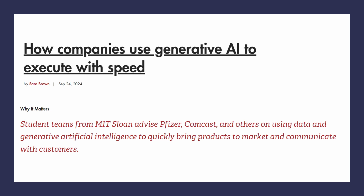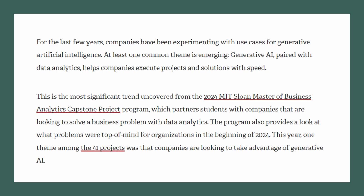Why does it matter? Student teams from MIT Sloan advise Pfizer, Comcast, and others on using data and generative artificial intelligence to quickly bring products to the market and communicate with customers. As you might know, in the last few years companies were experimenting with use cases for Gen AI. At least one common theme that is emerging is that generative AI paired with data analytics helps companies execute